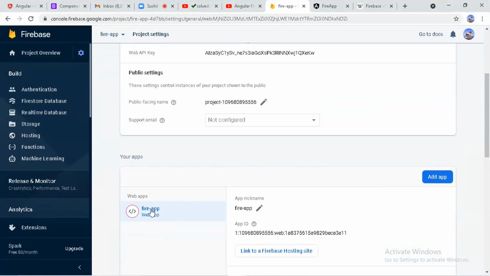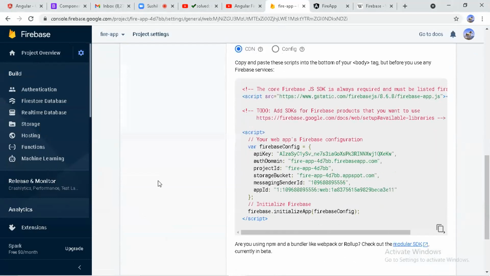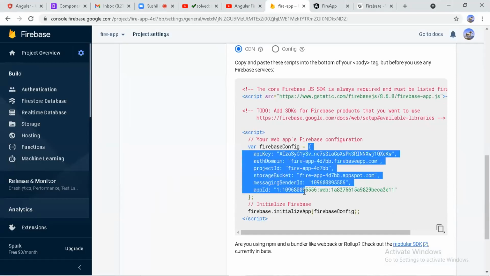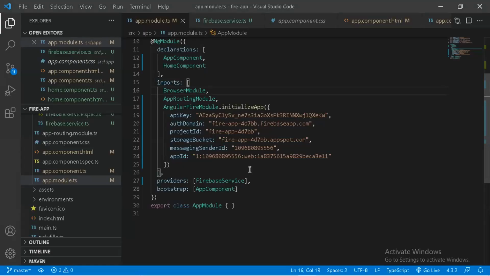When I click here, it gives me the CDN. I have to copy this var firebaseConfig into my Angular module TypeScript file. So I added AngularFireModule.initializeApp and copied it in here. Okay, so my Firebase app is directly connected to my Angular app.